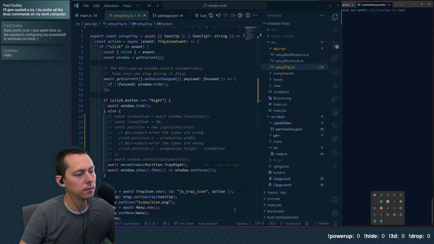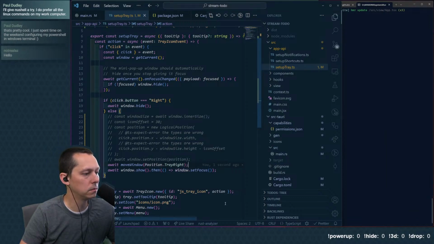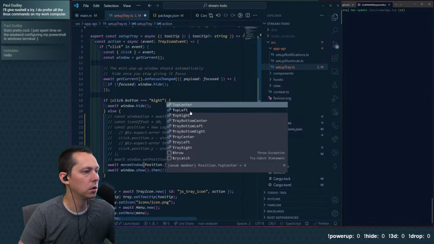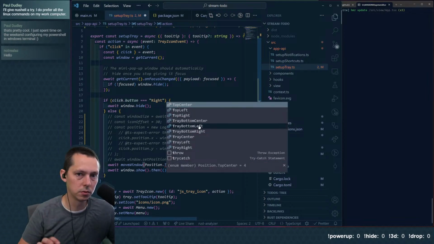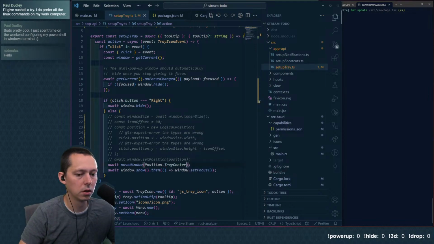So, that's interesting. What is the difference between these? Tray. I mean, the bottoms make sense. It's shifted down. But if we look at tray center,